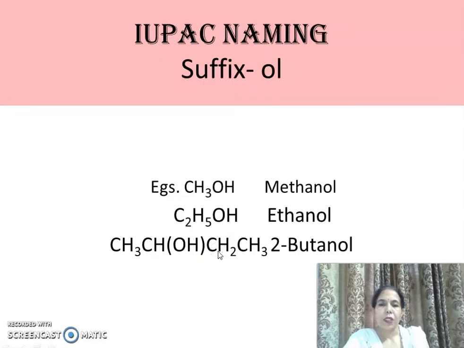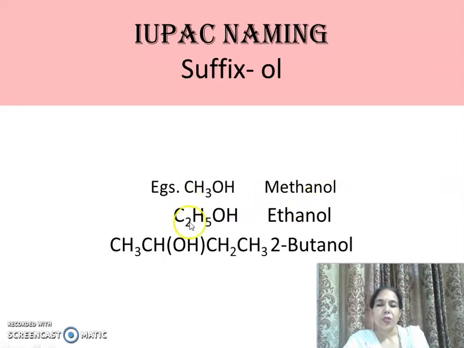As we already know, we have studied in plus 2 also, alcohols for IUPAC naming have the suffix OL. That is, to the alcohols the suffix OL is added at the end. Let us take some examples. CH3OH: in this only one carbon is present, so it is meth, and all are single bonds, so it is ane, and because of the OH group, OL is attached at the end by replacing the E of ane. So the IUPAC name of CH3OH is methanol.